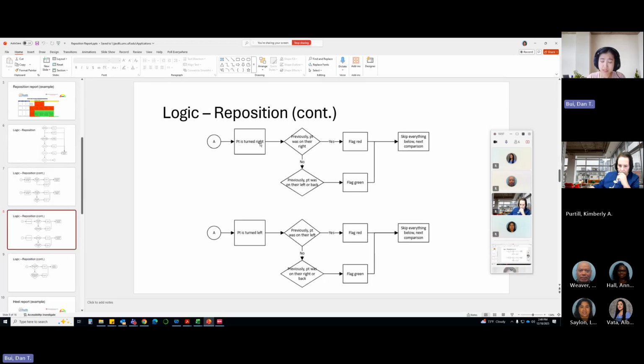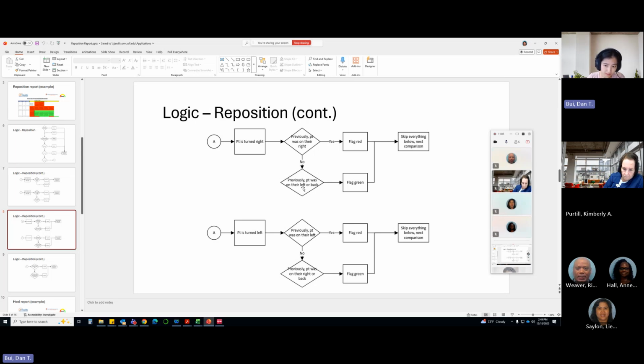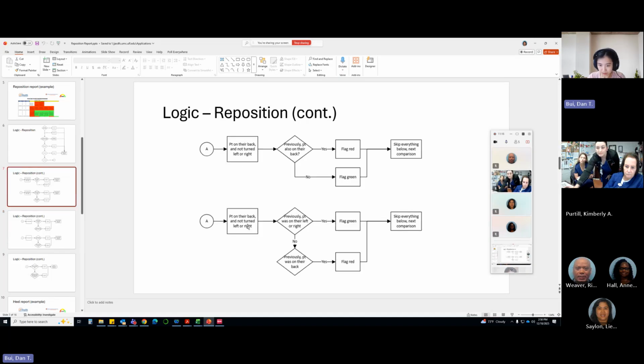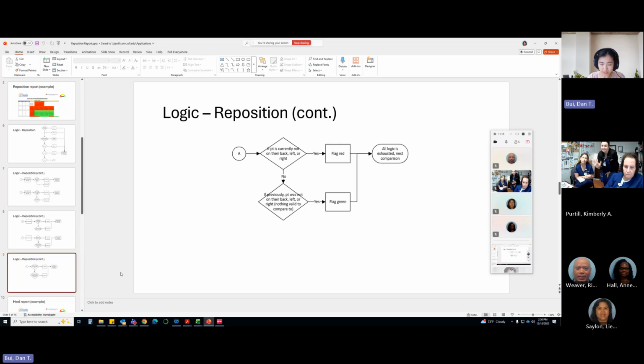We've got the same concept. If the patient is turned right and was previously also on their right, then that's a red. If not, then if they were on their left or back, that's a green. It's just a continuation of logic. It doesn't get very complicated down the line because I already catch it all up here, so the logic gets simpler and simpler.